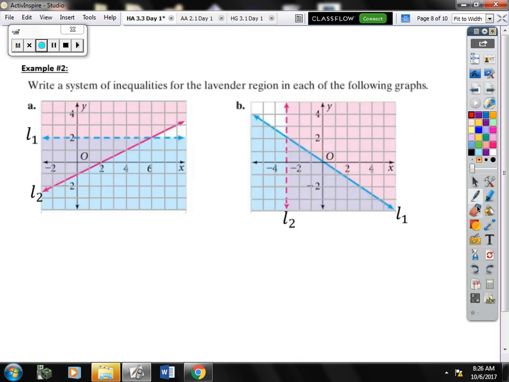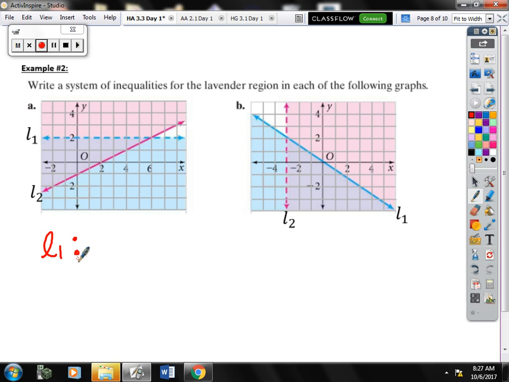On the back, they're going to ask us to write systems of inequalities to match the graphs that they've given us. And whenever I give these questions on the test, I usually put the colored example on the board just so sometimes it's easier for you guys to see. But I've labeled these. I don't know if they're labeled on your paper. Are they? L1 and L2? Yeah. Okay. That way, when I'm checking your paper, I know which one's which, and we don't mix them up. So for L1,